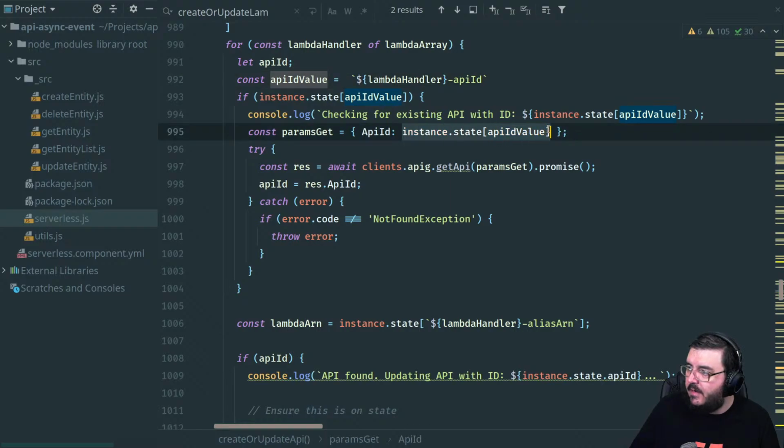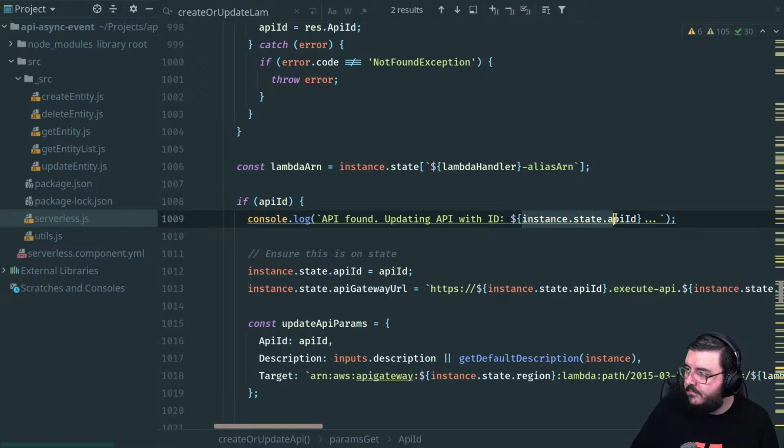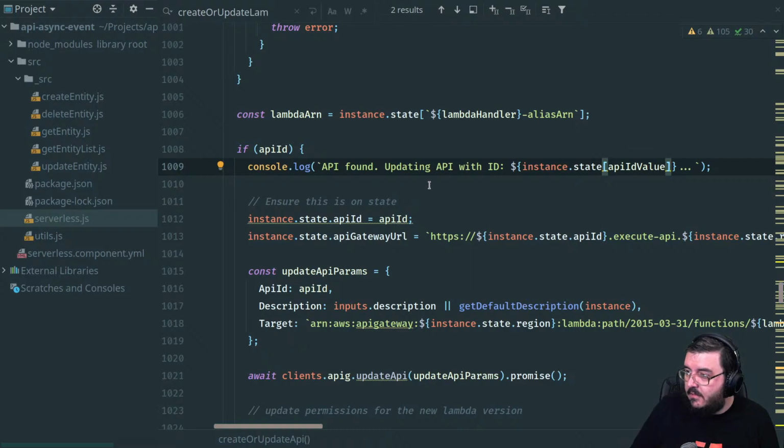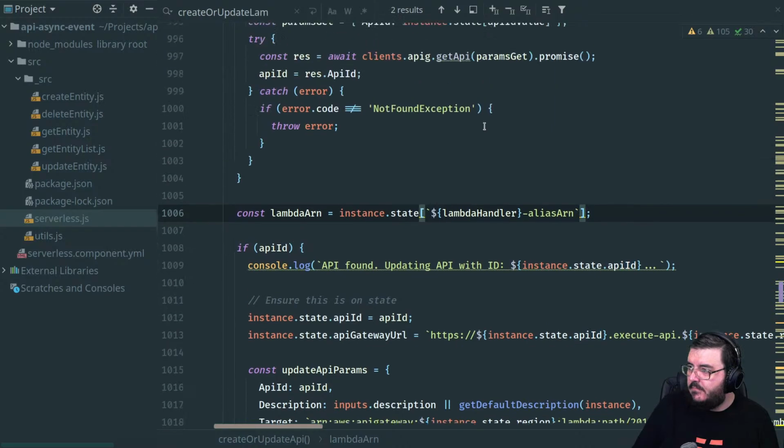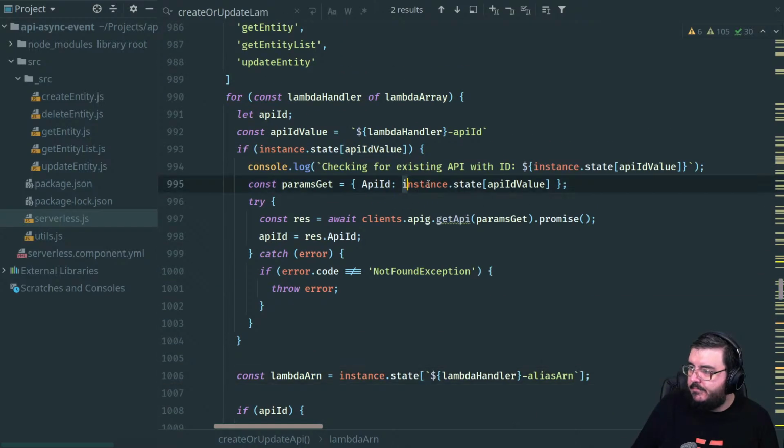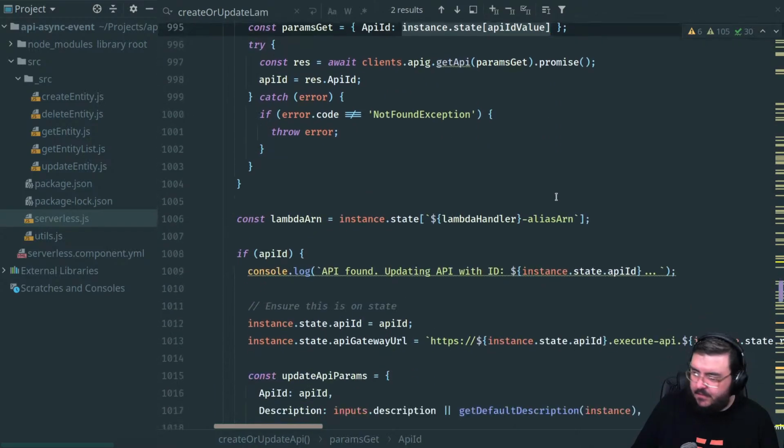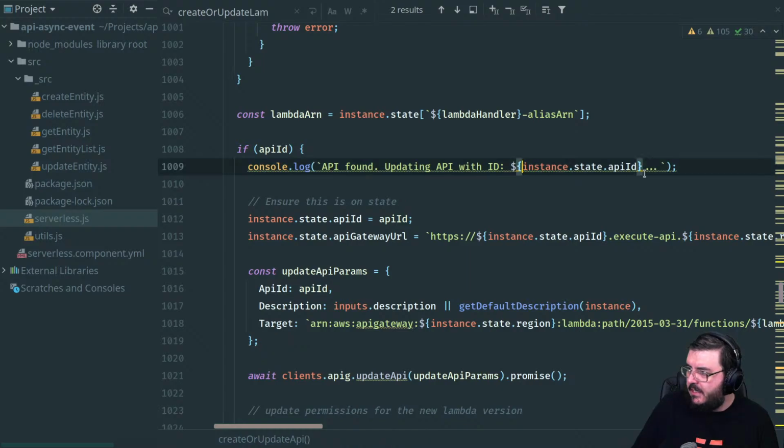I'm going to grab this one. And damn it, I messed that up now. Got confused there for a second on what I was looking at.